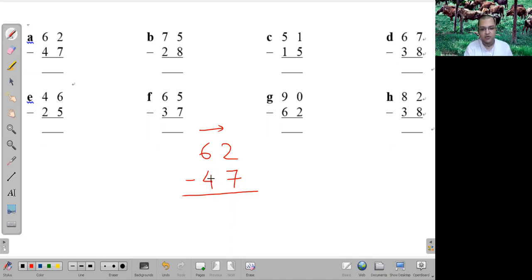So 6 minus 4, 2 is possible, but because the next column is not possible, what I will do is, this 4 I will treat as 5, and that 1 which I have added in the 4, I will take here also. So 6 minus 5 is 1, and 12 minus 7 is 5. This is the Vedic maths left to right method. I'm showing once again, see.